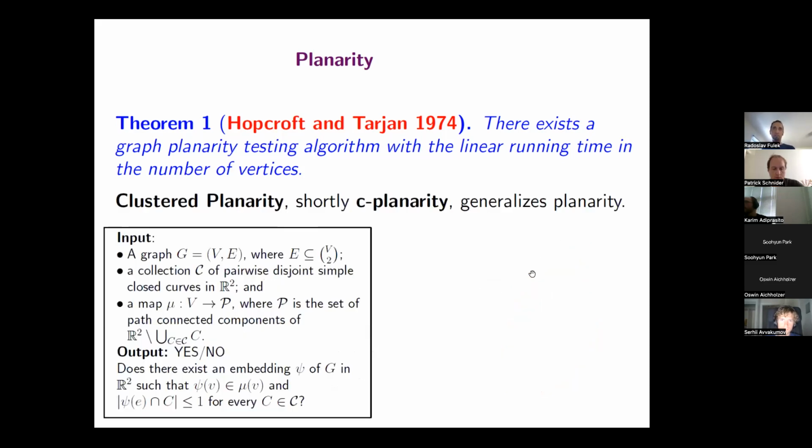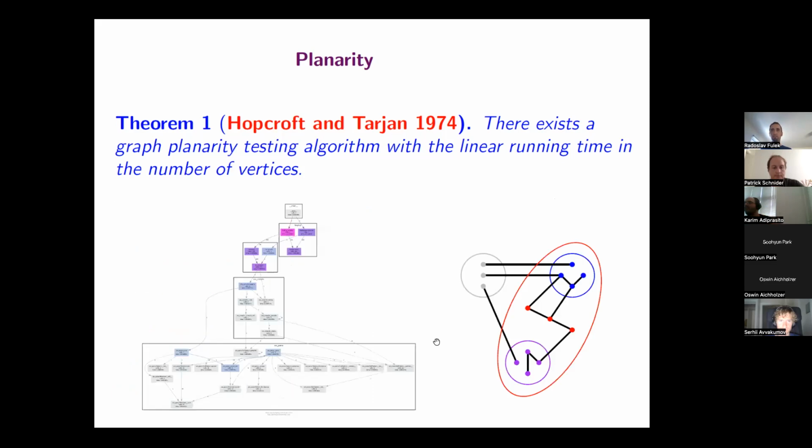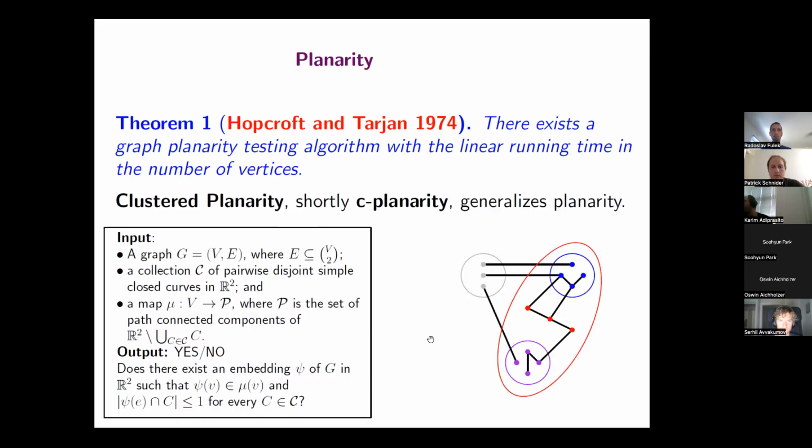And so then when you state what I was just talking about formally, you get this, right? We have a problem where we have some input graph whose vertices are partitioned by this map mu. So this is a hierarchical partitioning, perhaps. And this is perhaps the most technical part of the talk. Sorry if this is too hard to digest, but pretty much what we want to output, yes or no,